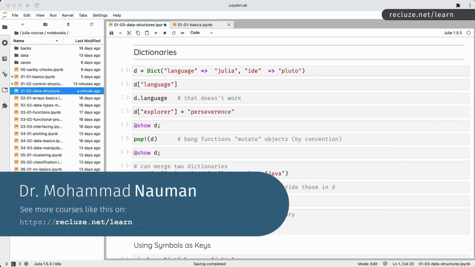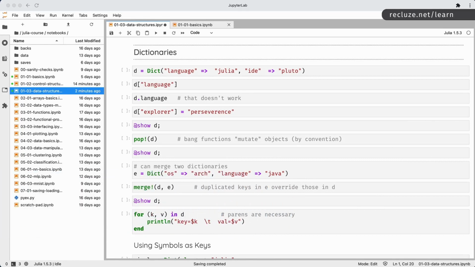If you worked with Python, you would already be very familiar with dictionaries. They're very common, very prevalent in Python. If you come from Java or C, C++, C Sharp, they are called maps or hash maps or any type of map. Okay, so they are a collection of key value pairs.